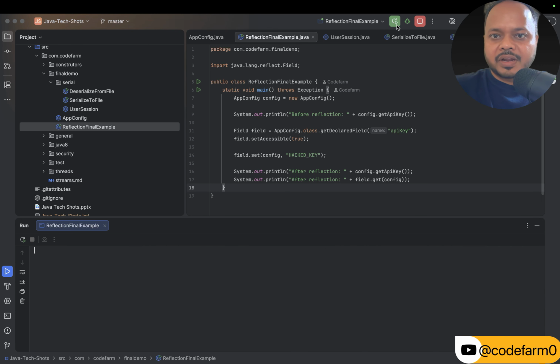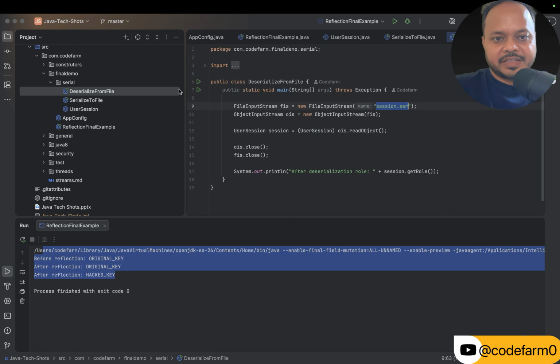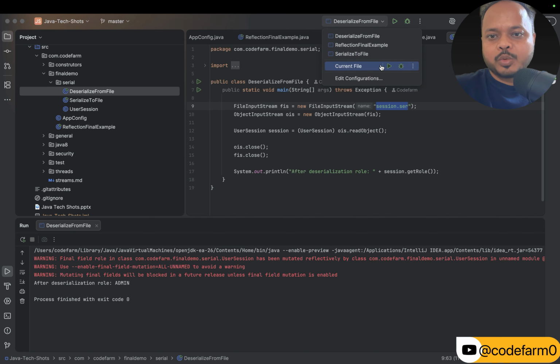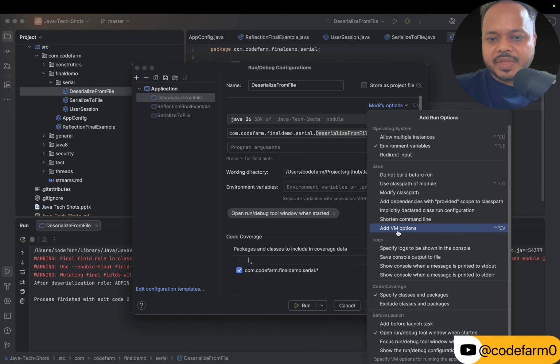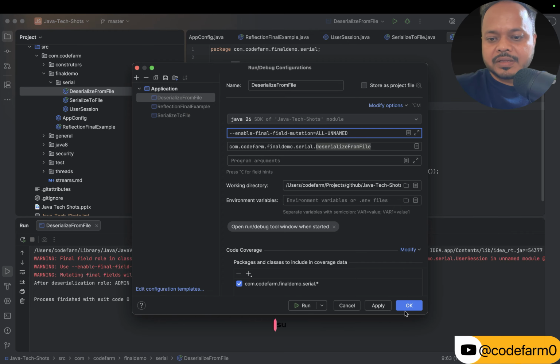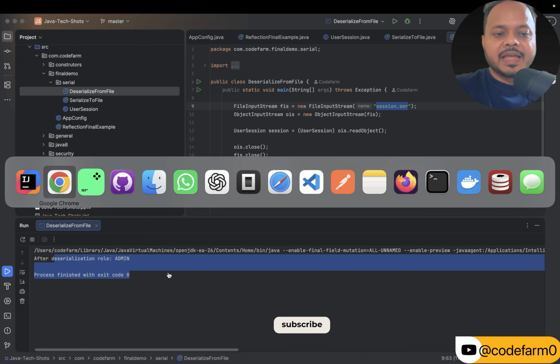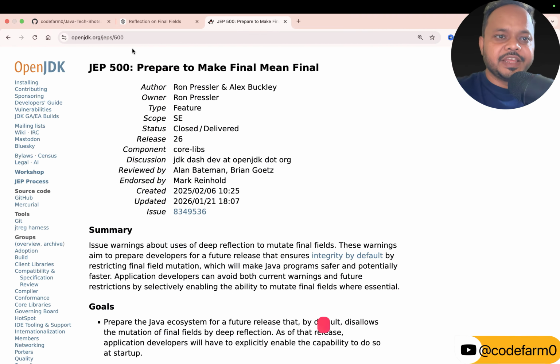So if I now run the reflection example, there is nothing here. The same thing I can do in the deserialization. If I run this now, this is giving a warning. I have to change the VM option here, add this one, run, and the warning is gone. This is what this JEP talks about in JDK 26,